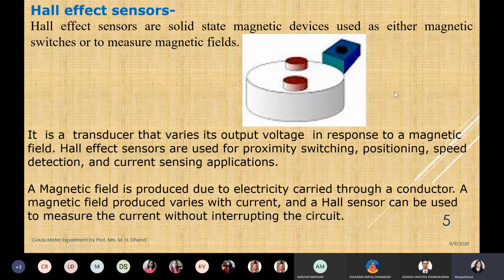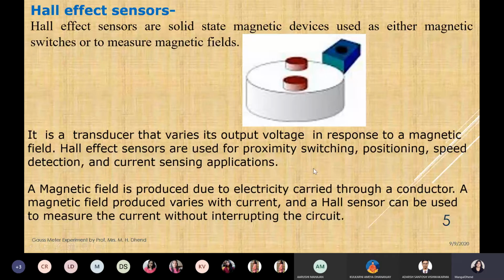If you are away, if your probe is away, you will observe a reduction of the magnetic flux density reading on your Gauss meter. It indicates proximity, it senses how near it is to the flux density. So position is important, speed of detection is important. You move your probe very fast like this, and that will also change your value, and you move the probe like this. So speed is also important.